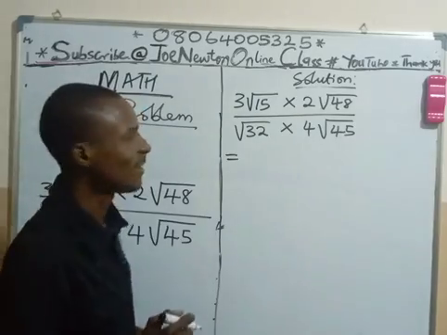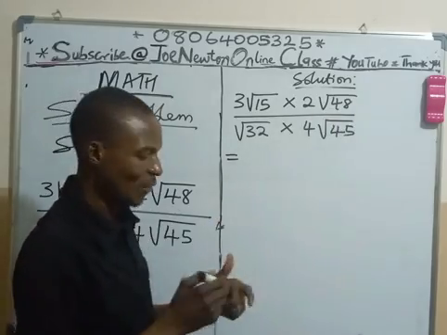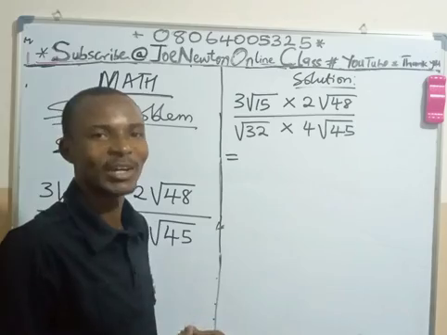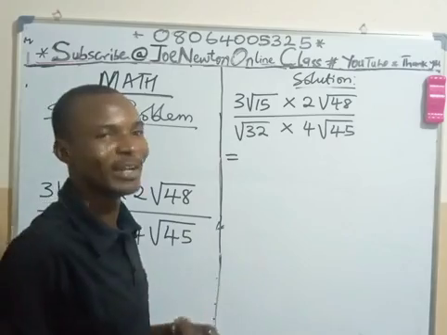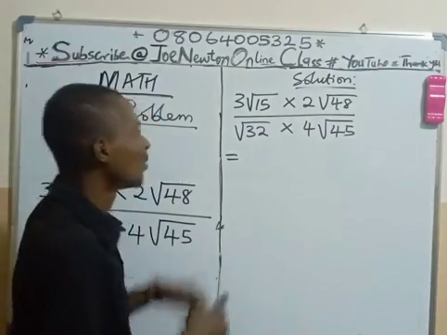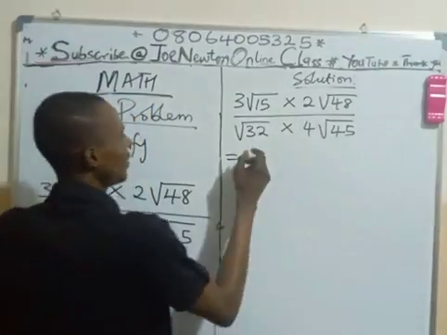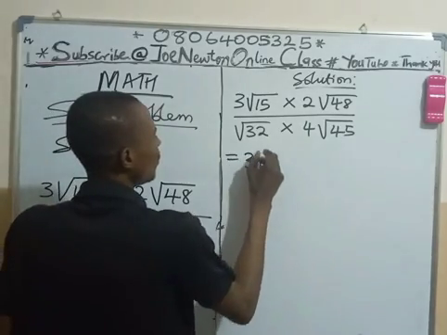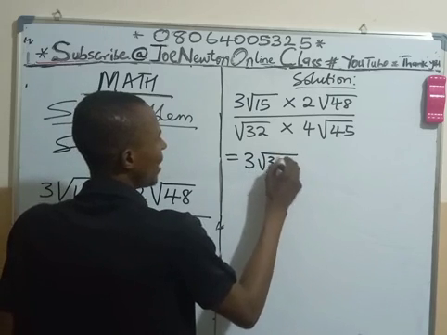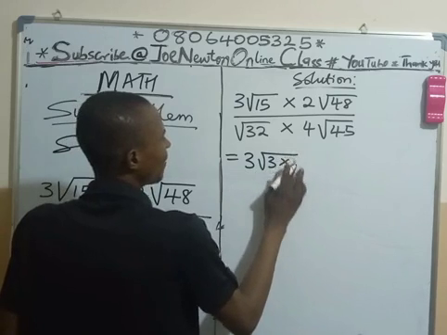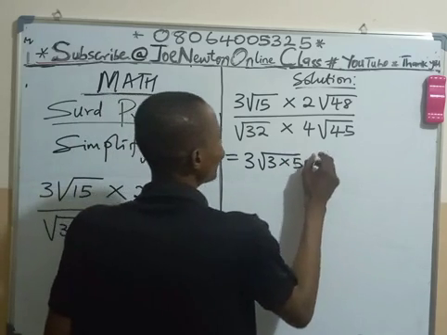This is equal to, the first thing we are going to do, we look at this surd. Look at this surd, if we can break it into rational and irrational parts. This cannot go. Root 15 is outrightly irrational. But you can still dismantle it to make our work easy. Watch out. We have 3 root 3 times 5. Yes. Then times